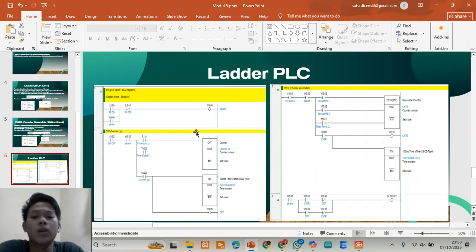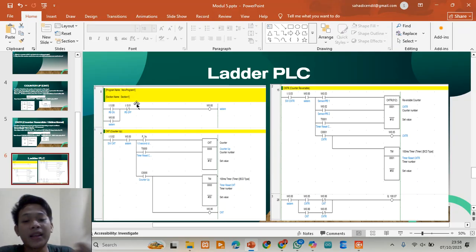Next, how the circuit behaves. The input button sends a signal to the PLC, and the PLC increments or decrements the CV.